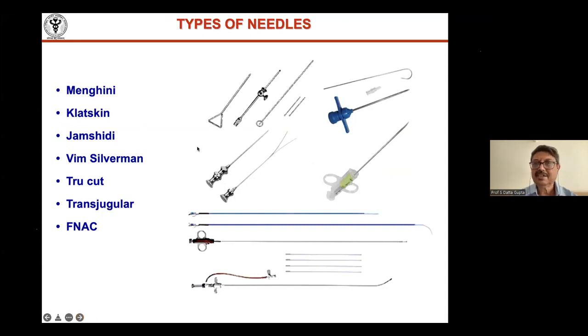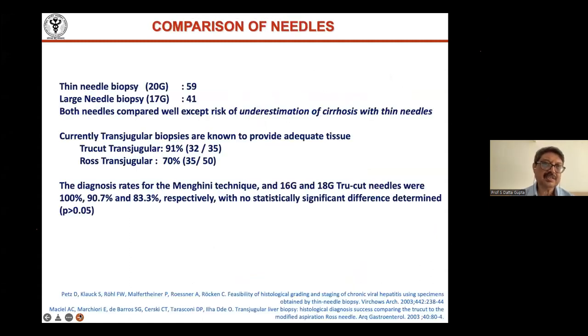There are various needles that you use. Your own institution will have certain needles that they prefer. Your pathologist also will be well versed to report on those biopsies. So stick to it and get trained in that. There's nothing that this needle is better than that and so on and so forth. But in general, for cirrhosis, the cutting type of needles are better than the suction type of needles, right?